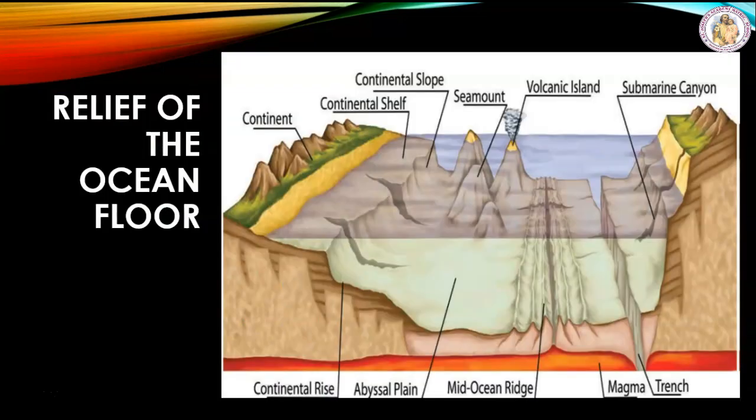Relief of ocean floors. The ocean basins are characterized by the following major relief features: continental shelf, continental slope, continental rise, deep sea plain or abyssal plain, oceanic deep, oceanic ridge. Continental shelf. A shallow and gently sloping platform extending out from the adjacent continent land mass into the sea is called continental shelf. It is almost a uniform zone of seabed with a gentle gradient.